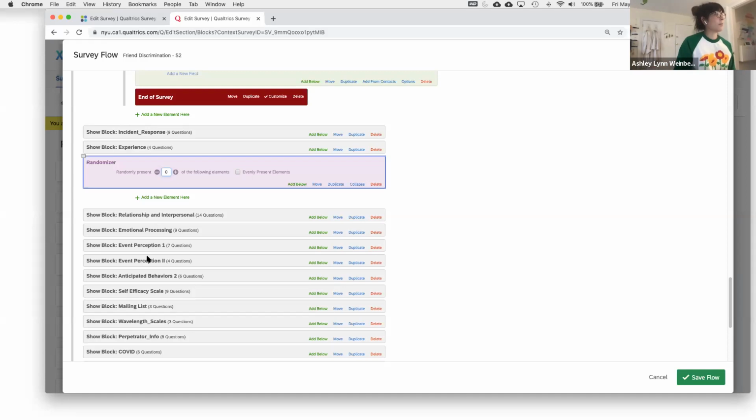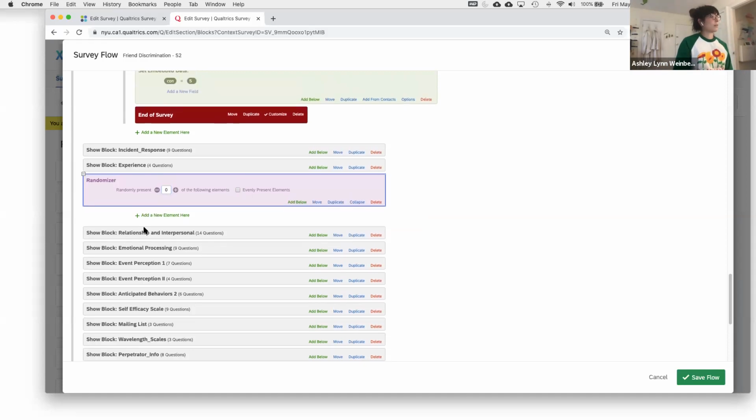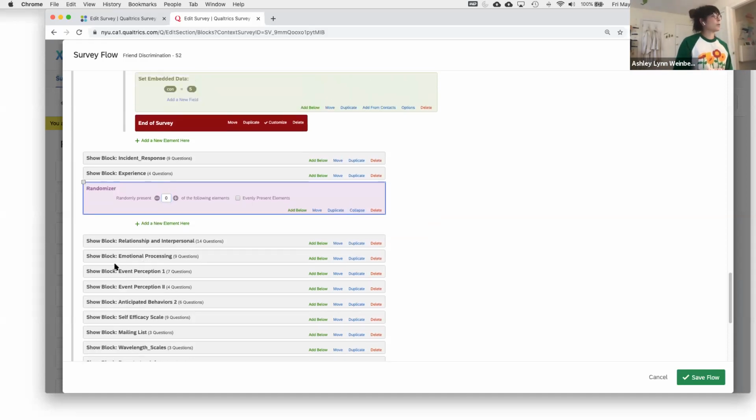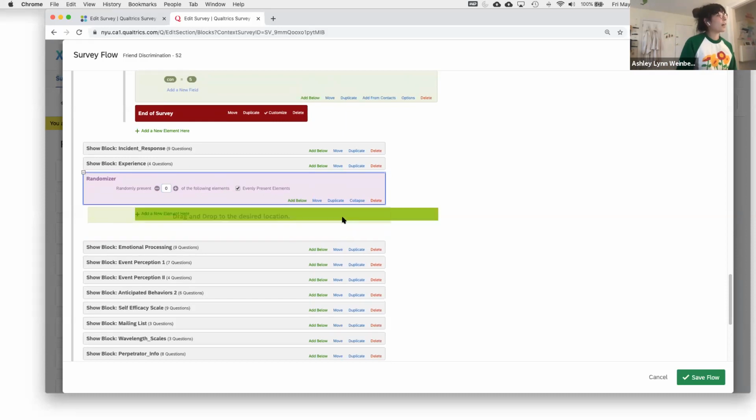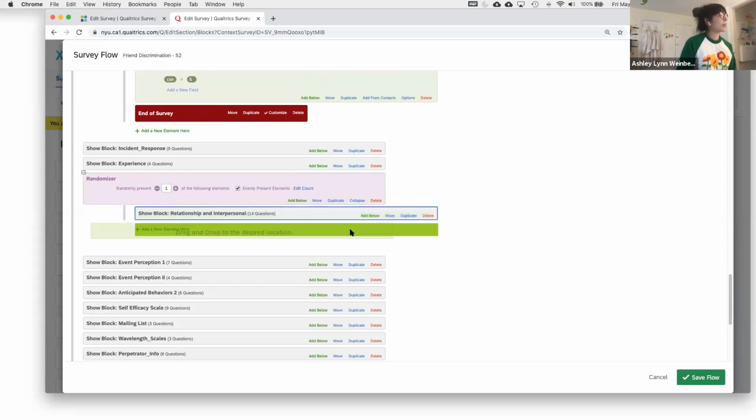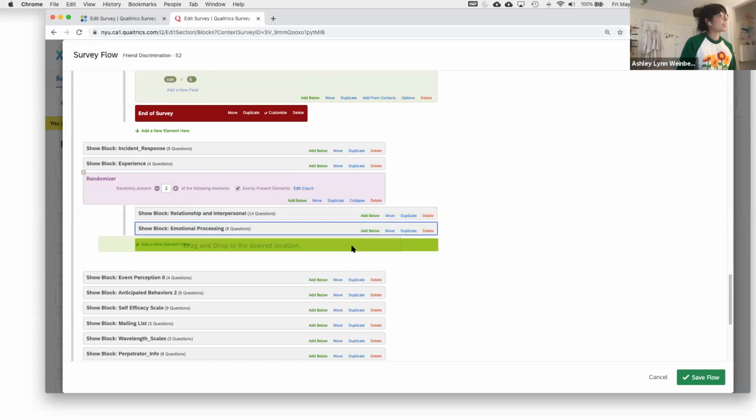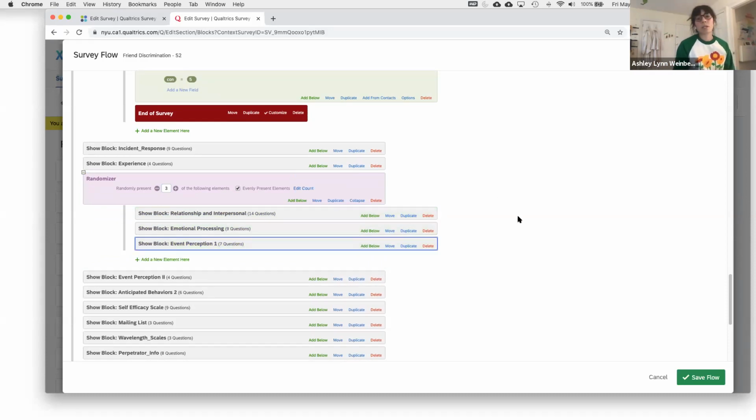So let's say we're going to make these three: relationship and interpersonal, emotional processing, and event perception. We're going to randomize all of those and how they're displayed. We're going to say that's 3 blocks and we want them all to be displayed. We just want them to be displayed differently. And then we're going to say evenly display elements again. And now I'm just going to drag this here, drag that there, and drag that there. This way we're going to be able to control the way that it's being presented so that